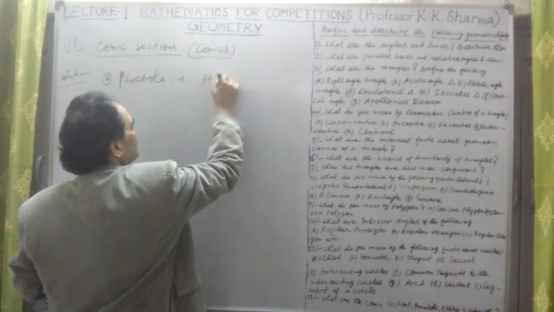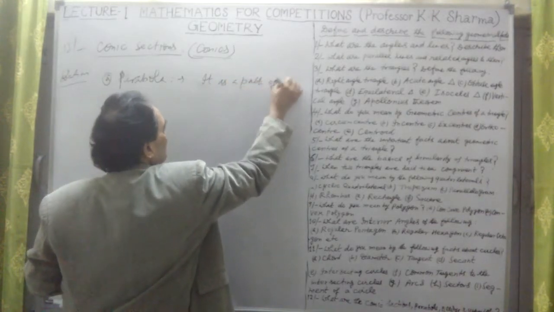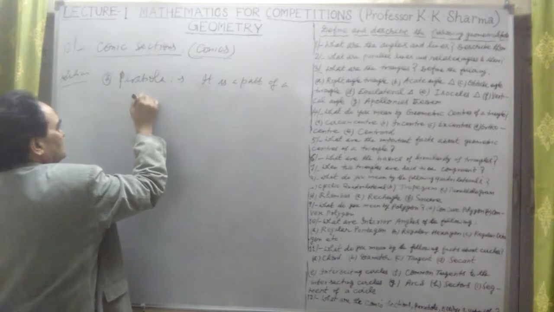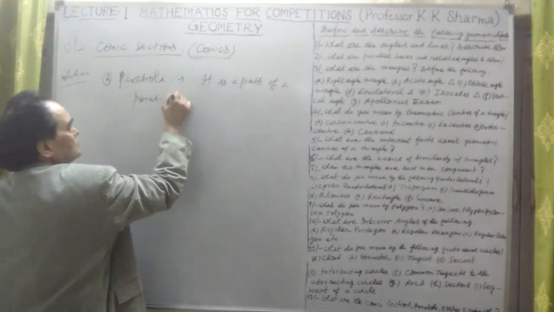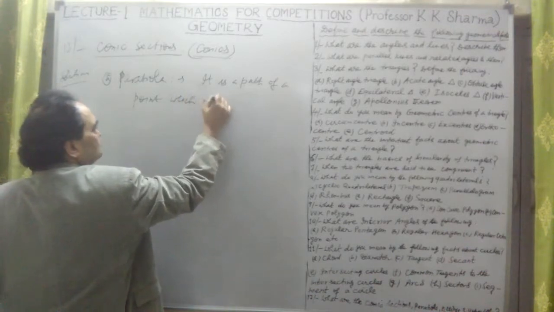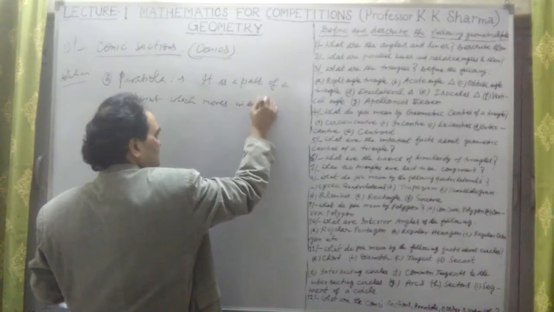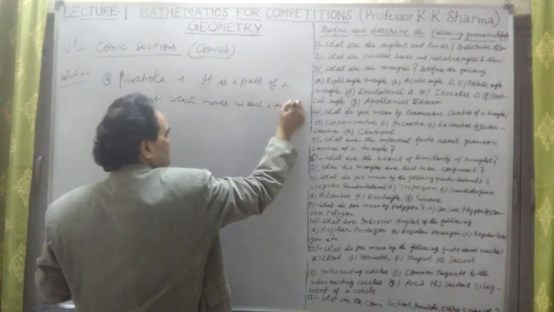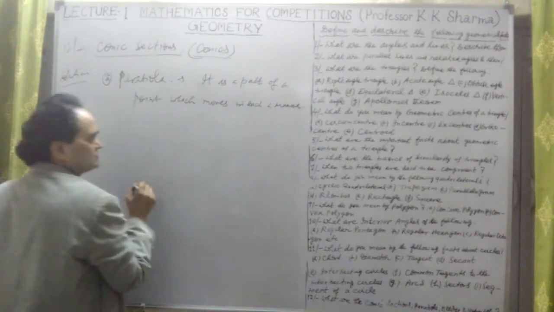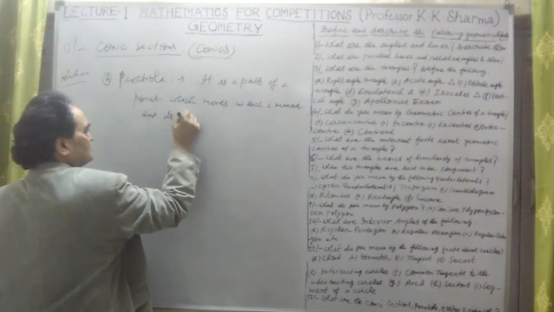A parabola is the path of a point which moves in such a manner that its distance